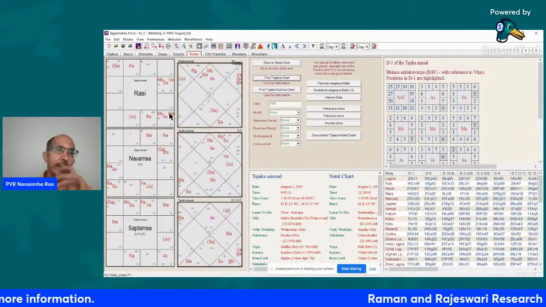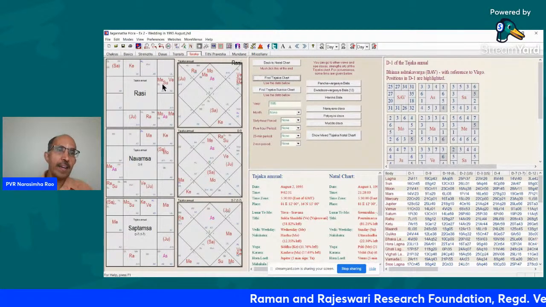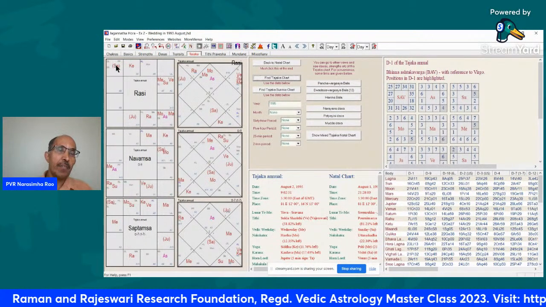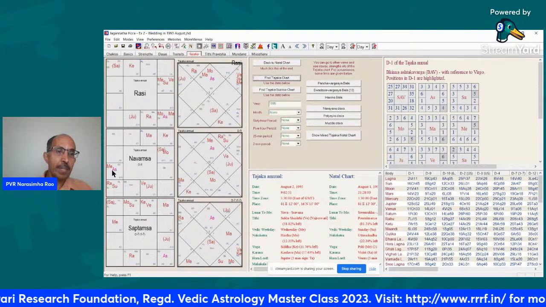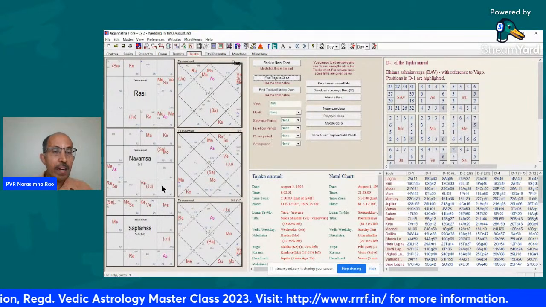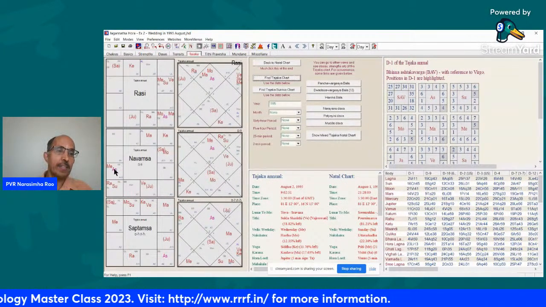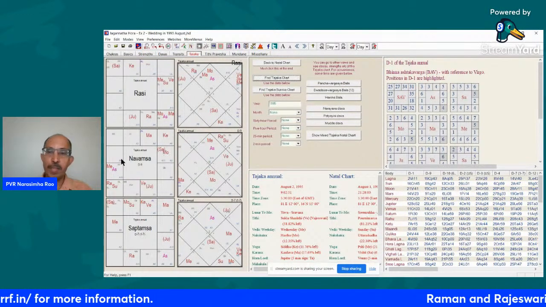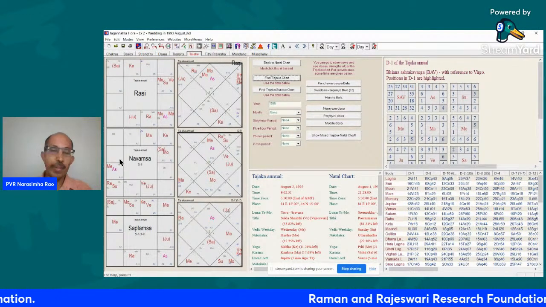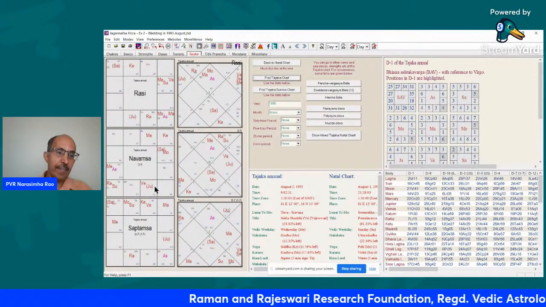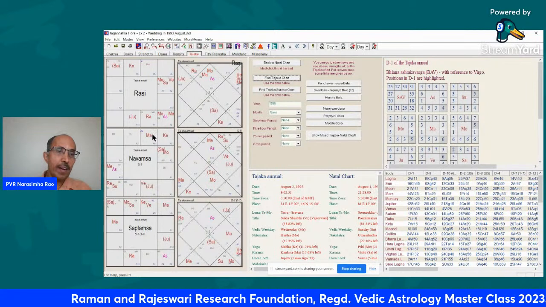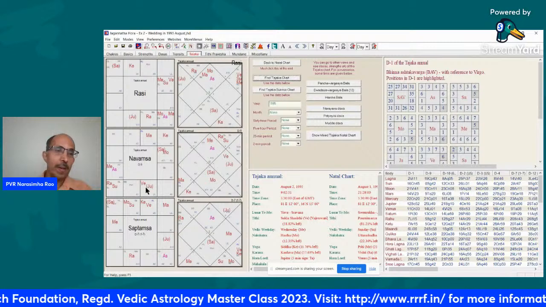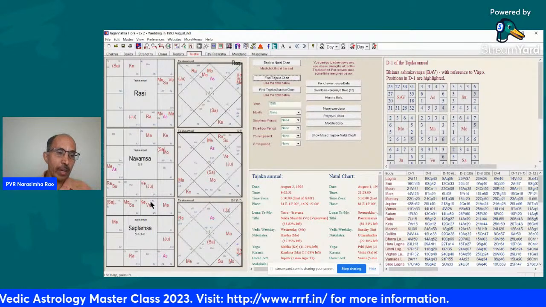So if you look at this chart, you see that in the Rashi chart, the Lagna Lord and the ninth Lord are together in the 11th house of gains and aspecting the fifth house of children, and the fifth Lord Saturn is aspecting Lagna. In the Navamsa chart, you see that the ninth Lord Mercury is in the first house, and the Lagna Lord Saturn is in the seventh house. So basically there is a Samasaptaka between Saturn and Mercury. So the Lagna Lord and ninth Lord are having a Rajayoga, and the fifth Lord Venus is in Moolatrikona. He's very strong. So there are some conducive factors.